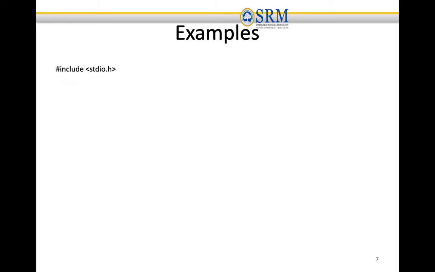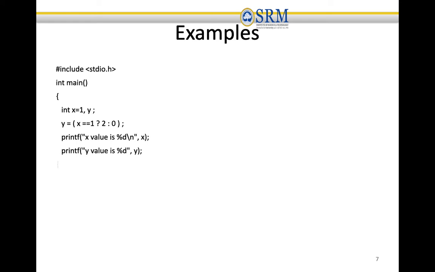And the next example: now we are going to assign a value for y. If you see this program, we are assigning the value of x as 1, and we are using the conditional operator, the ternary operator, here. We are checking the condition x is equal to 1.